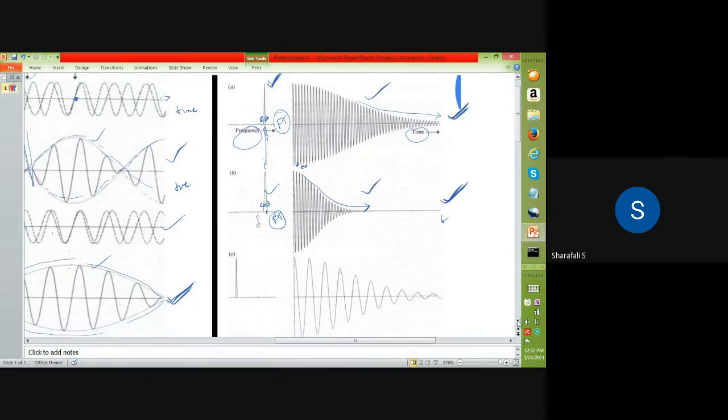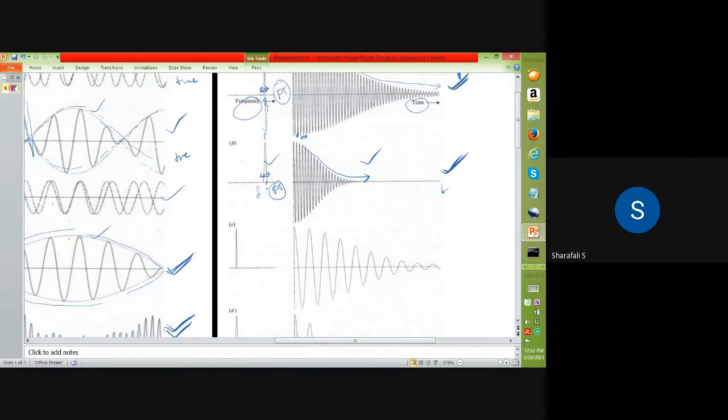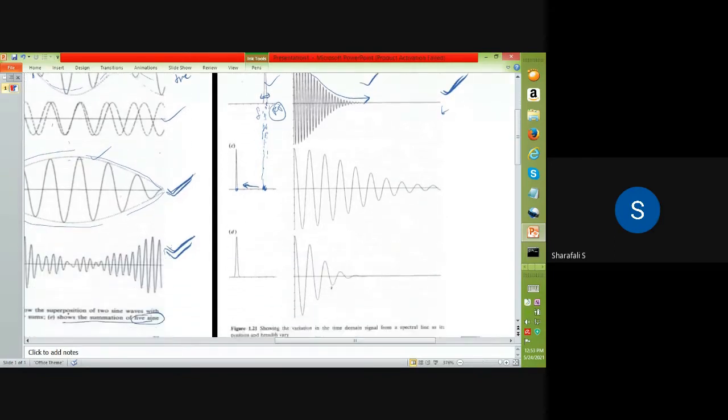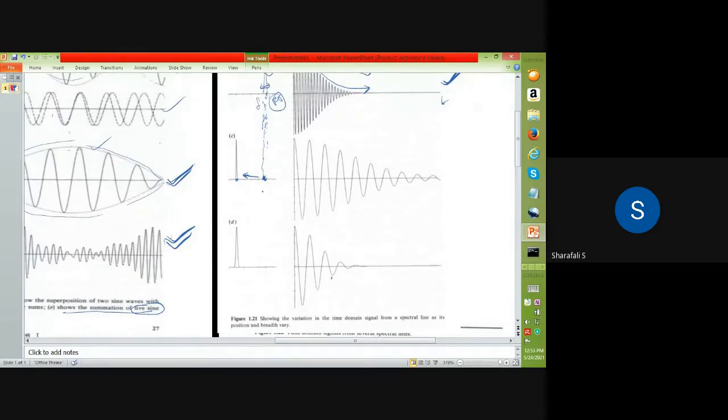And in the next case, we are changing the central frequency position. You can see the central frequency position of figures A and B is almost at this point, the central frequency of the initial figure. But that has been changed to some other point here, which means that the frequency has been reduced in this case. So when your frequency is reduced and you convert that into the time domain by using that Fourier transform technique,